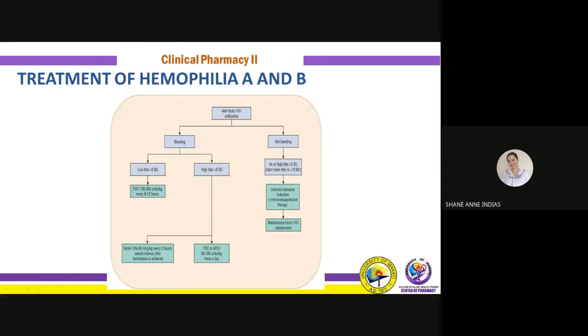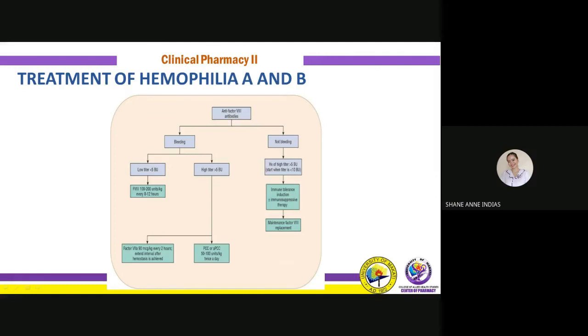Kapag naman yung patients ay may high inhibitor titer, it is impossible to administer enough factor 8 or factor 9 to neutralize the antibody and achieve a hemostatic plasma level. Therefore, the treatment of bleeding episodes consists of agents that bypass the factor to which the antibody is directed. So, ano yung mga bypassing agents na to? Ito yung PCCs or the prothrombin complex concentrate, yung APCCs or the activated prothrombin complex concentrates, and yung recombinant factor